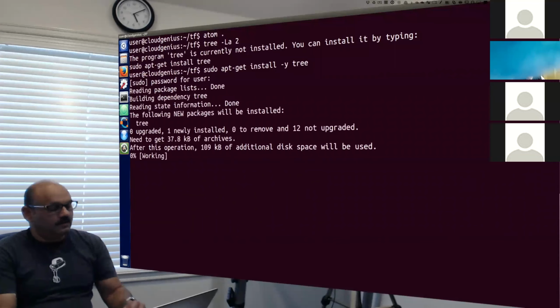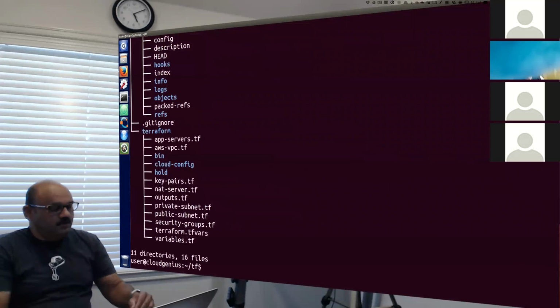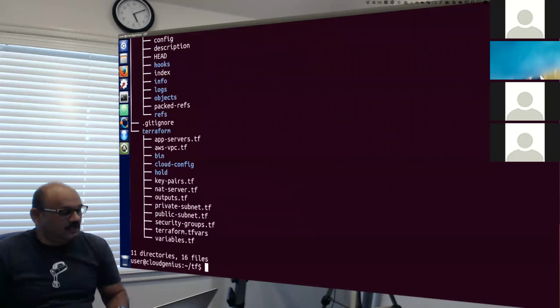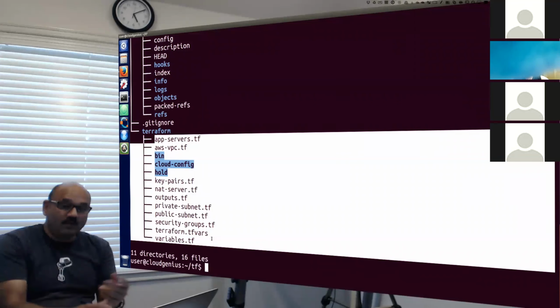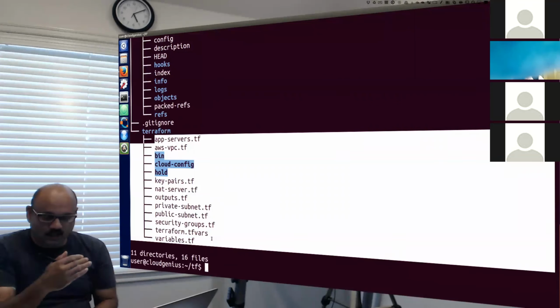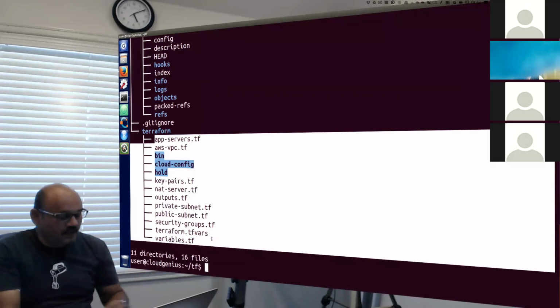This tree application is getting installed, and then I will expand the tree to show you that it has most of these things in the Terraform folder. These are the files that are already in place. We will understand what these things did, but not the first time. The first time, just blindly run it to understand what's going to happen. That's my plan to begin with right now.